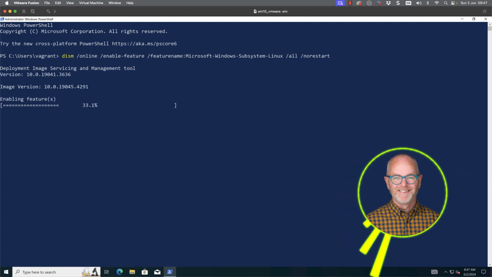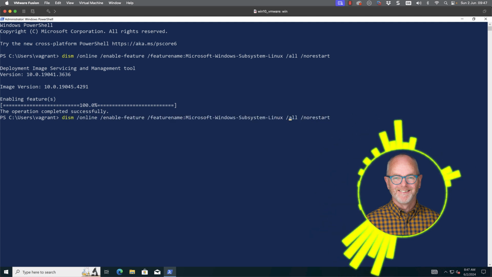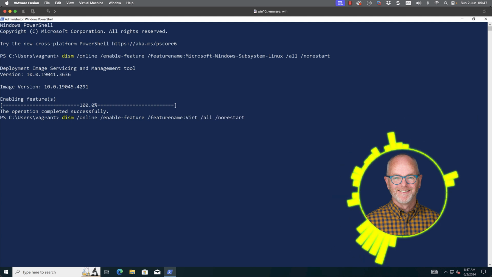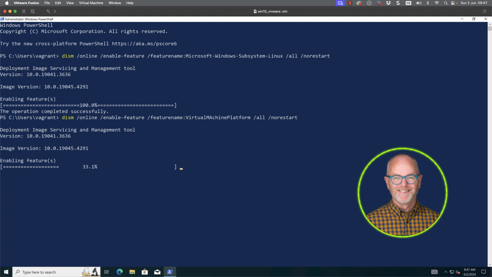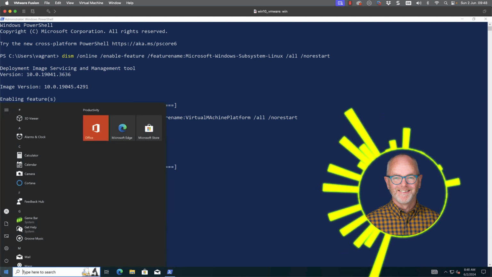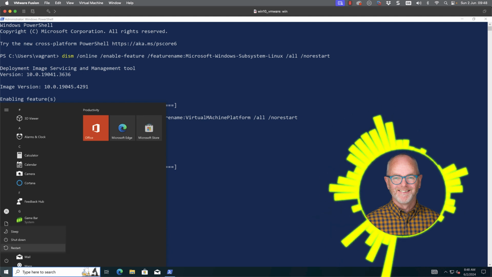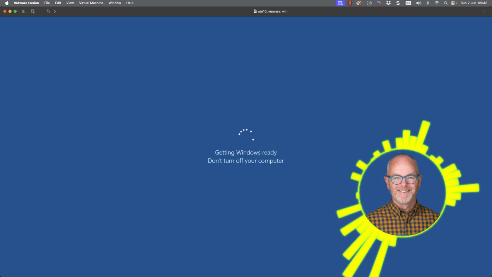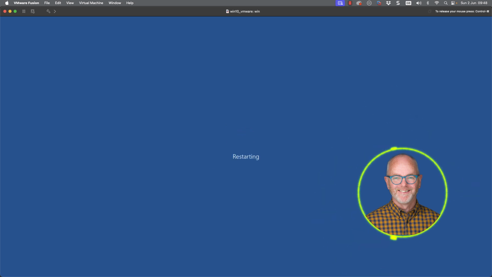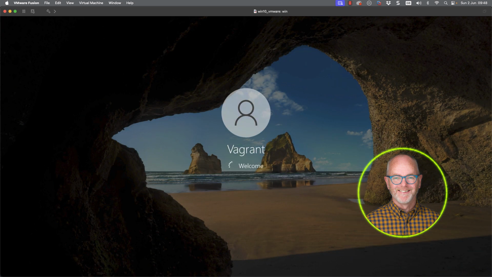But you can see then we're enabling the feature Microsoft-Windows-Subsystem-Linux. We're not doing the restart so we can restart afterwards, because we're going to add in the virtual machine platform feature. And again, with both of those set, I am ready to do my reboot. So I can go through and reboot my system. And you can see that on shutting down, it puts on some updates, and on the restart, it finishes those. I can log back in, and we should be pretty much ready to go with Windows Subsystem for Linux.